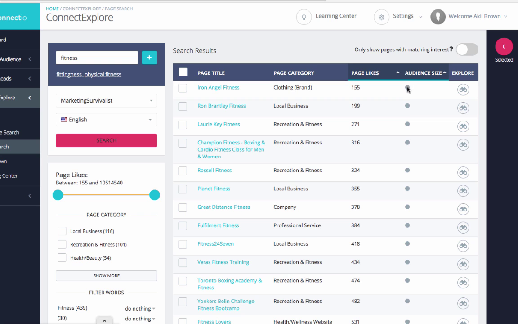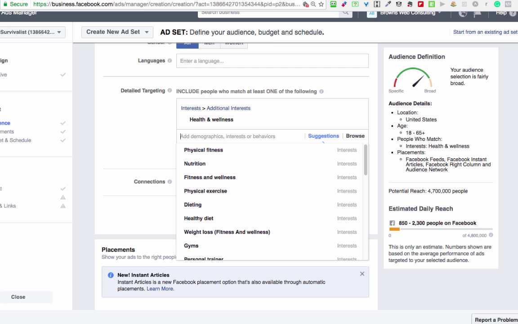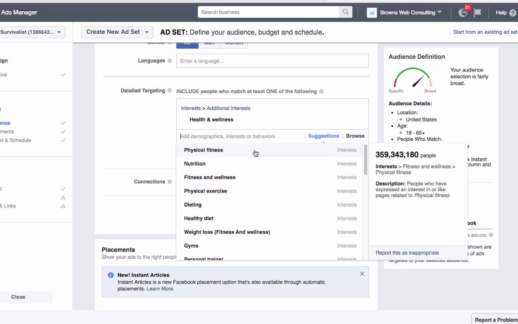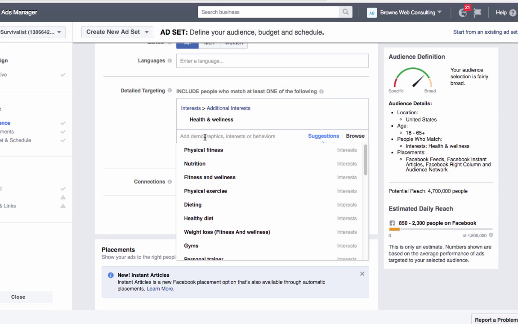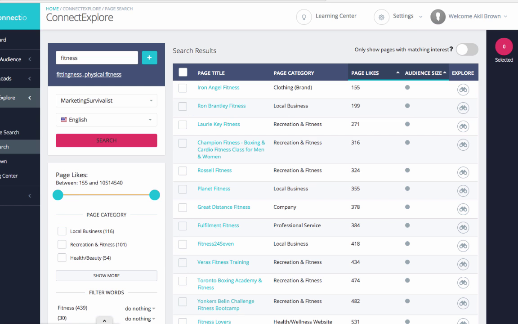Now when you see this particular thing here, this little gray circle, this means it's not available in the Facebook interests. So when we look here at the Facebook ad set, it's not available here to type in, because usually when you type in something here, you may think it may come up inside the Facebook and you can go after that particular fan page. That means you can. But what you can do is click this button here, and it will just show you only pages which match or that are matching the interest. So if you click on that,